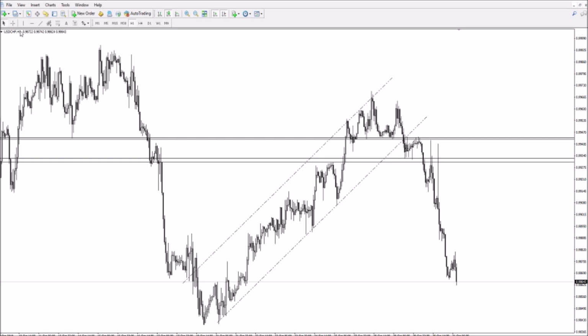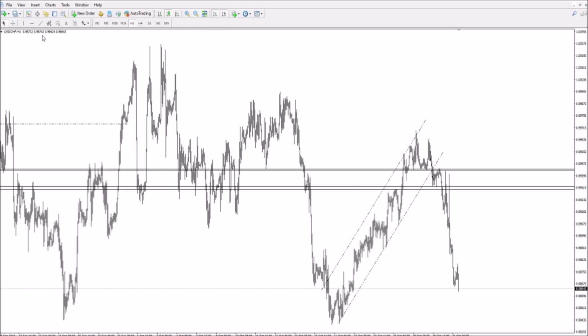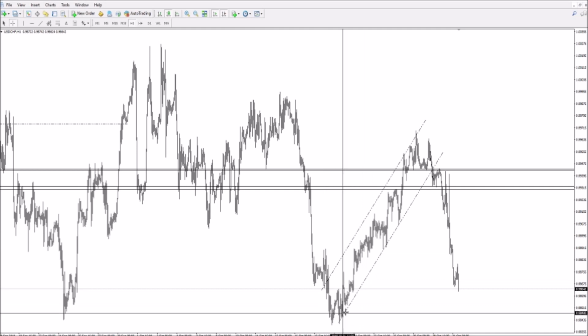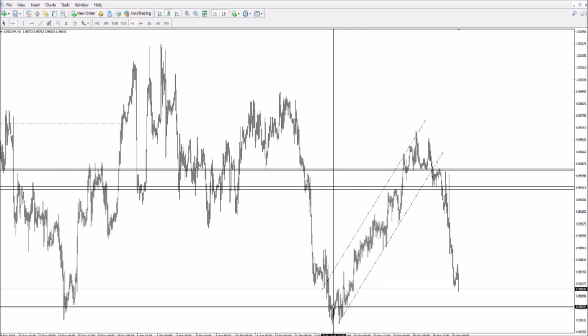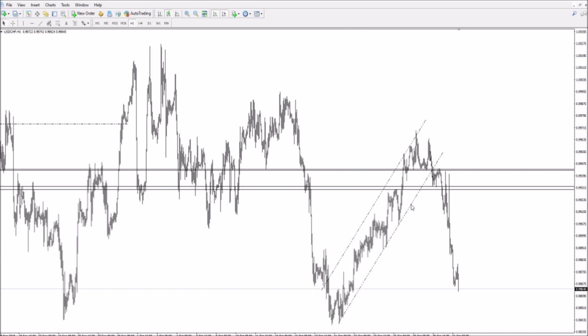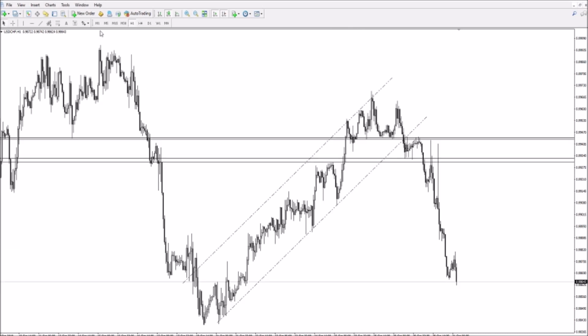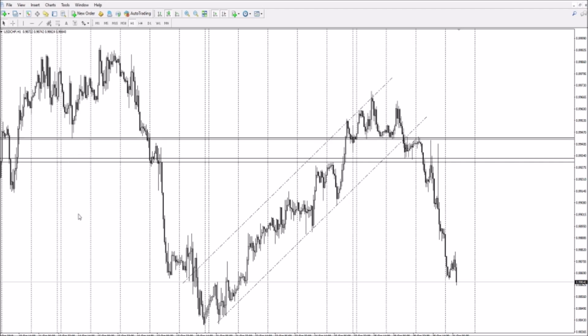So dollar Swiss had this sort of cluster here that price was coming up into, with this sort of bullish channel. Now I don't trade channels with that. It was just to depict the market structure. Was waiting for a break in market structure. We also had higher time frame levels lining up, if I put the day dividers on, we have previous Mondays here, Monday low, and we had Monday's low here.